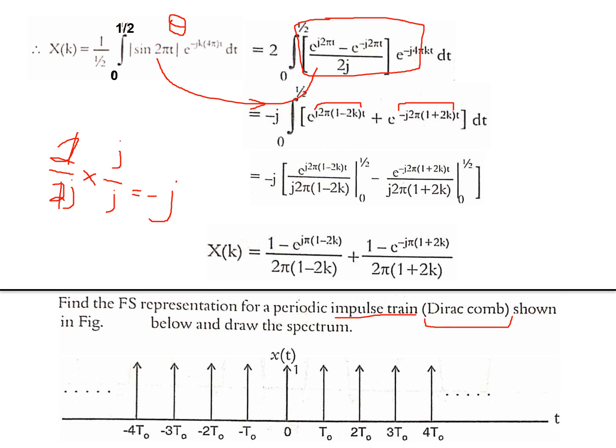Why? Because each of these impulses, you can think of as a railway coach. They are of the same shape and same distance. See the distance between the two impulses. It is t0 seconds. Between these two impulses also the distance is t0 seconds. Therefore the instants of occurrence of impulses are 0 seconds, t0 seconds, 2 t0 seconds, 3 t0 seconds. So they are equidistant and come one after another, they look like a train. Therefore they are also called an impulse train.